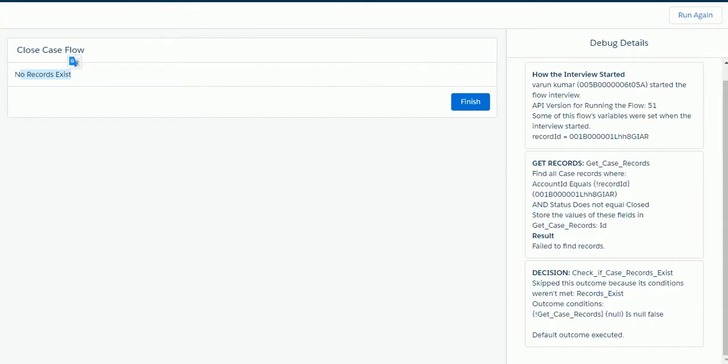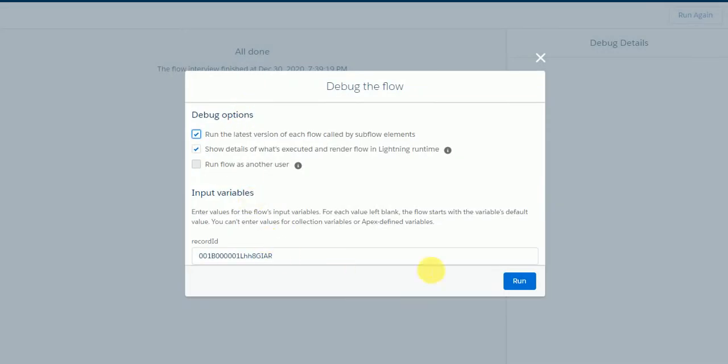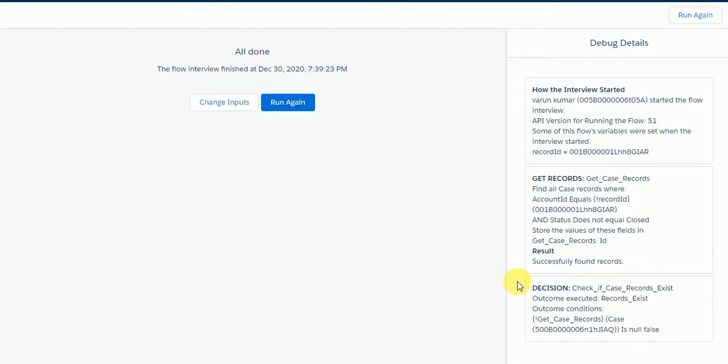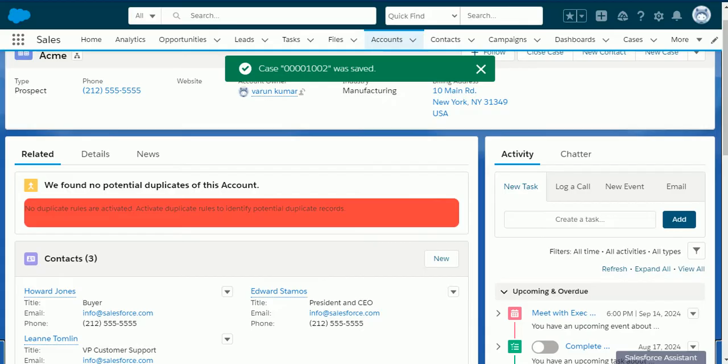And if I come back again, and if I run this flow again, I'll just pass the input and just click on run here. Okay, I'll just rerun it here. Click on debug.